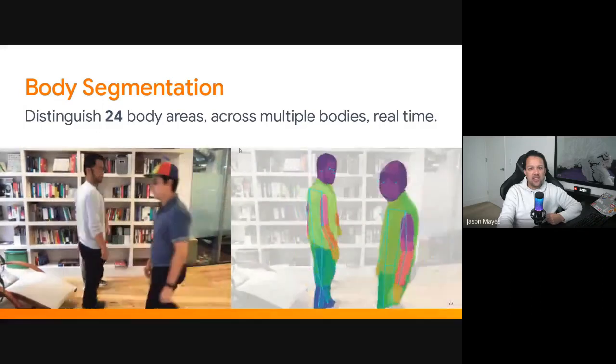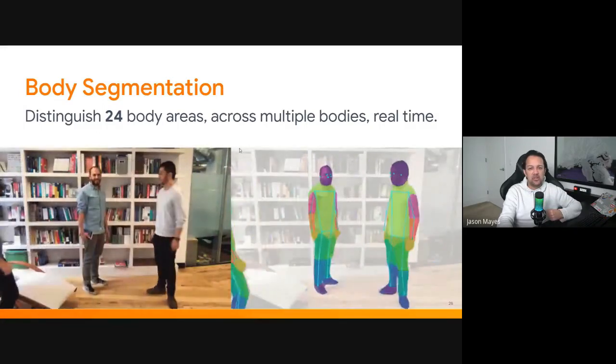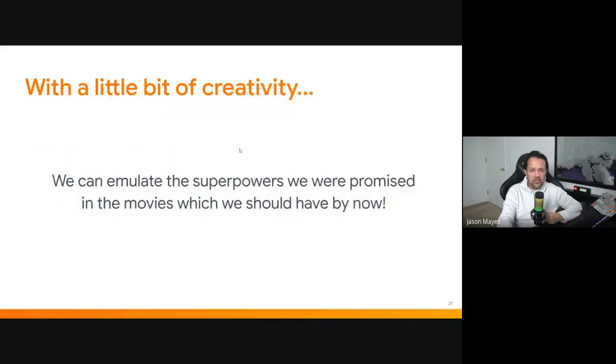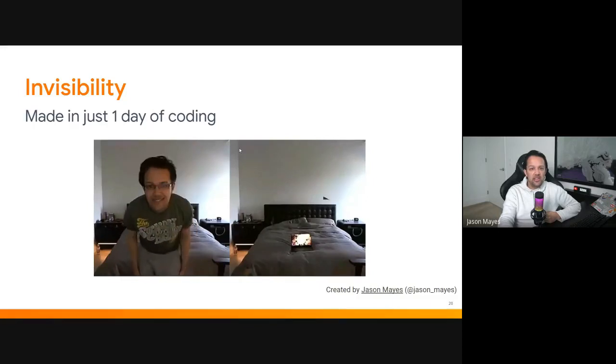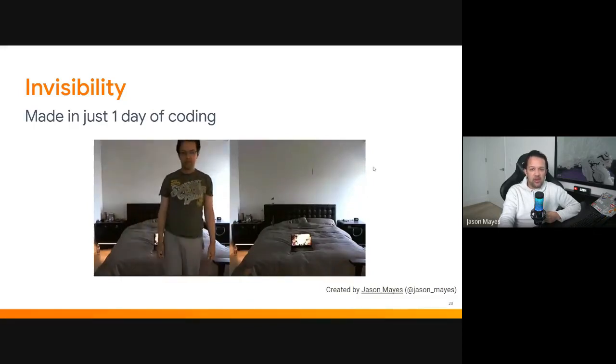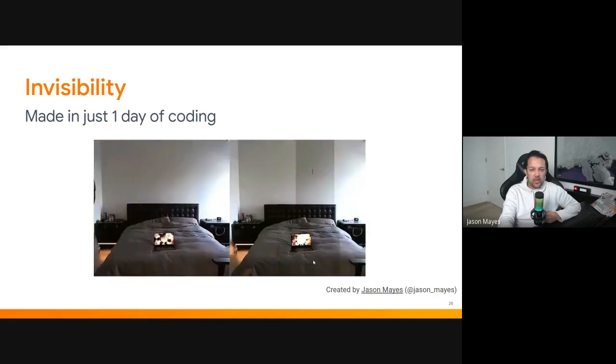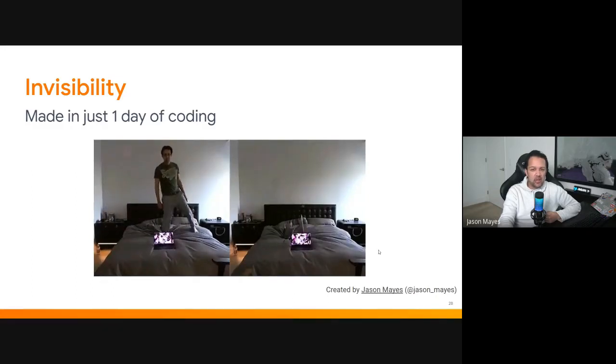So let's go ahead and see some of how I've managed to use these models in some creative use cases. And as I said, with a bit of creativity, you can take these very simple out-of-the-box models and turn them into something very special. And the first one I want to share with you is an invisibility cloak. So here you can see me being removed in real time from the video feed. And on the right-hand side, you can see that I'm being removed. However, I'm still updating the pixels that I'm not in. So you can see here the bed deforming as I get on the bed to give this very ghostly Harry Potter-like effect.